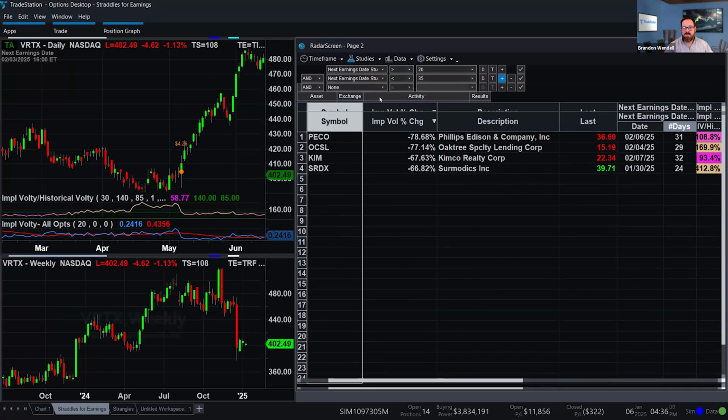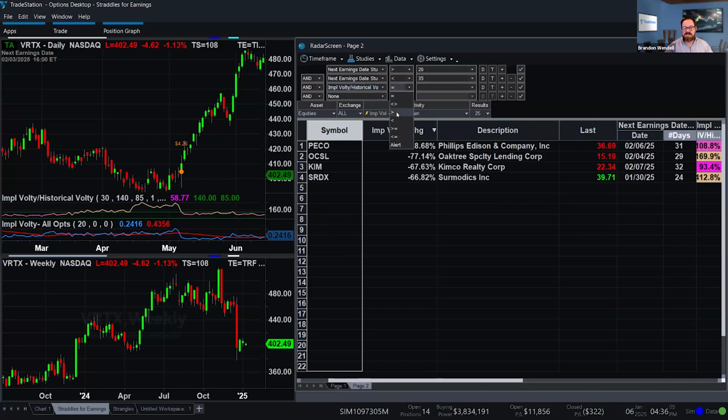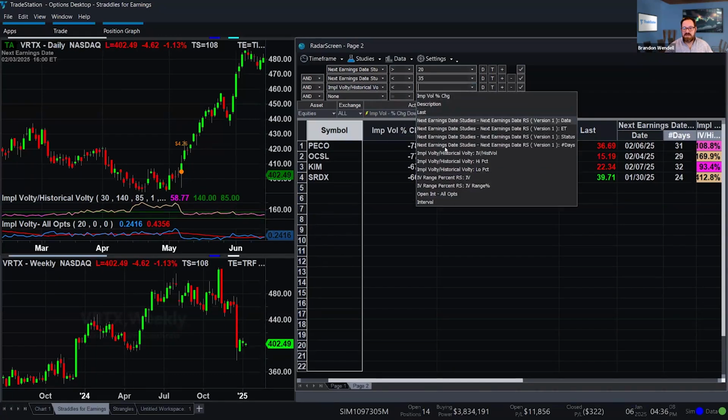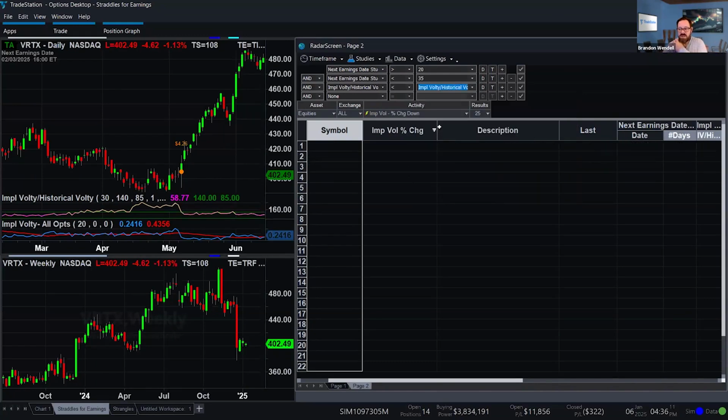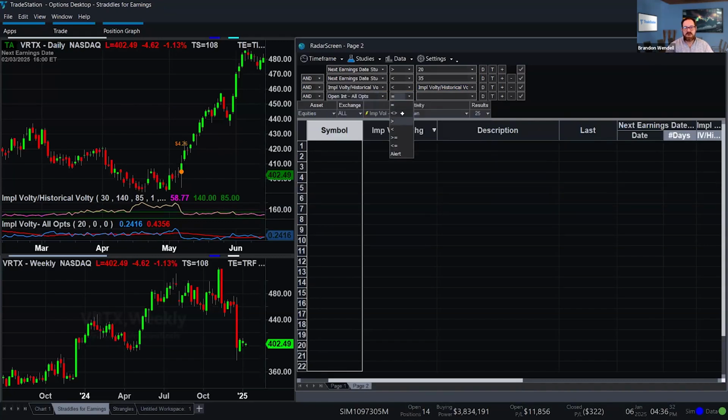Add in implied volatility is less than the low percentage. So that way I'm making sure that we have relatively low implied volatility. There's an indicator right here that shows me implied volatility divided by historic volatility, and I want it below the lower alert level to show that we have relatively low implied volatility. We want to make sure that these are liquid options. So I have open interest, all options should be greater than 10,000. I actually have already eliminated everything with this one filter right there. The implied volatility, didn't I?